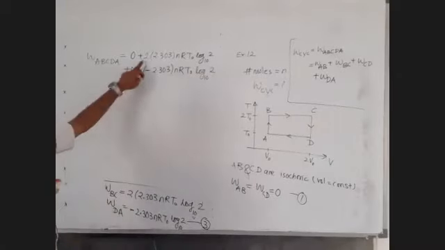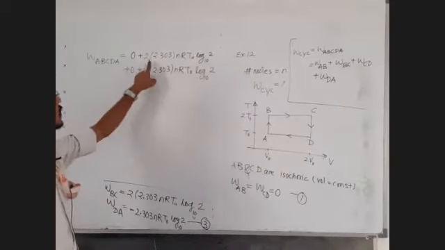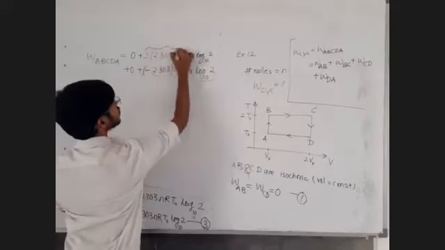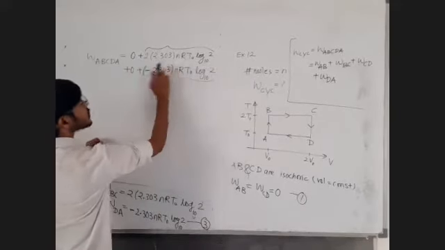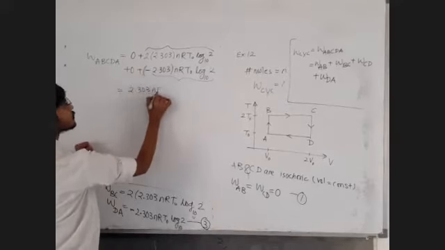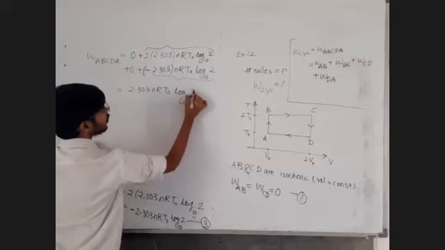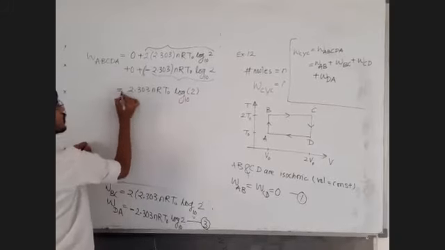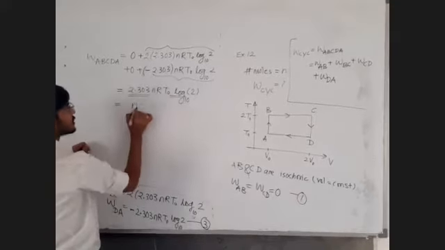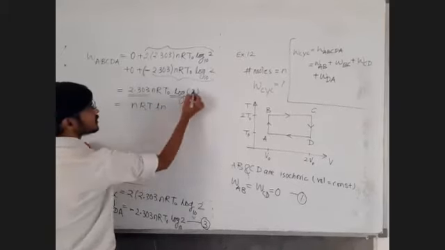Yes, now this is 2 times some value minus 1 times that value. So 2 minus 1 and the same value will remain. Let us call this entire value as x. So this will be equal to 2x. 2 times x minus x will be x. So the answer will be 2.303 nRT0 log to the base 10 of 2, and from the options, if they have given in terms of ln, then 2.303 log to the base 10 can be written as ln, means log to the base e of 2.